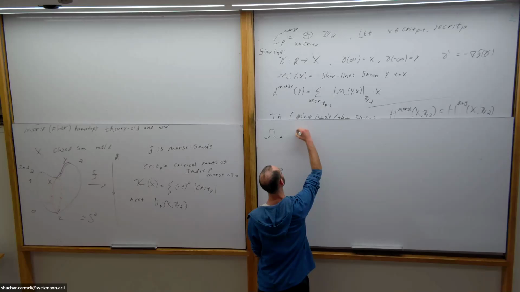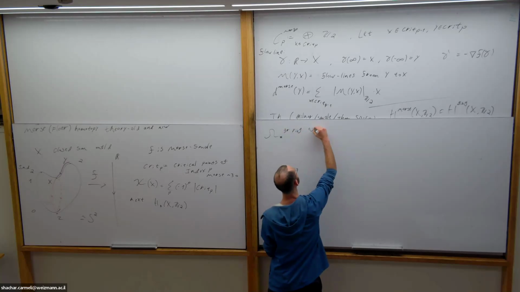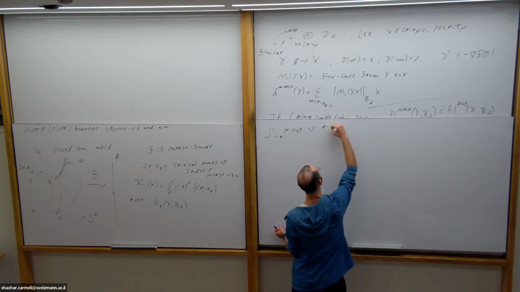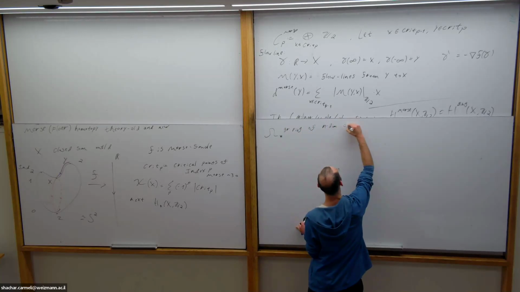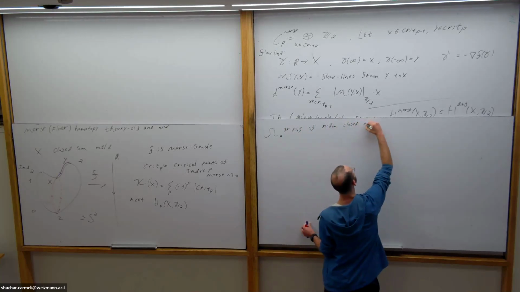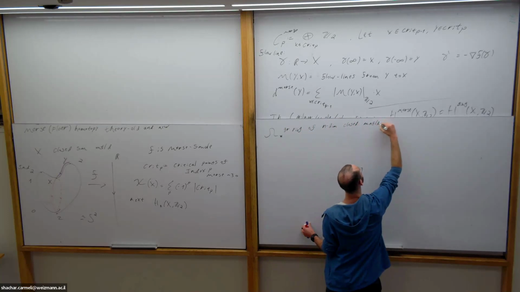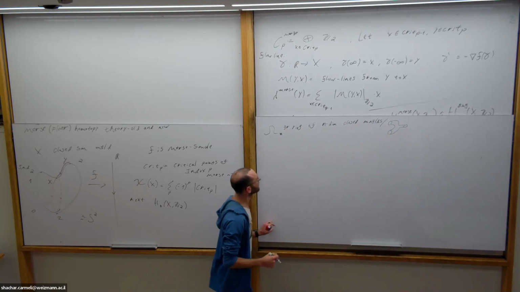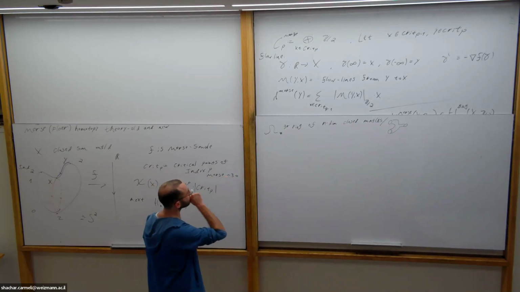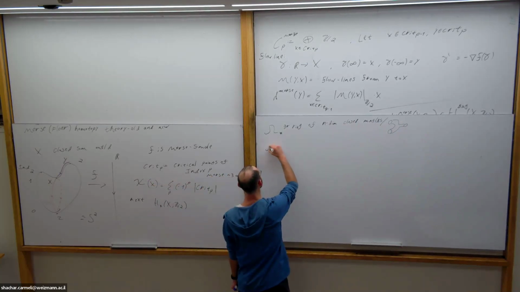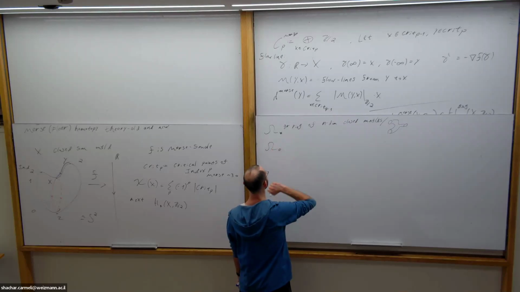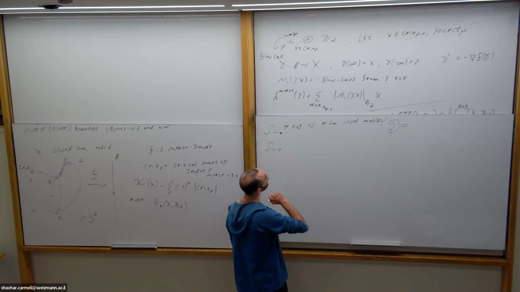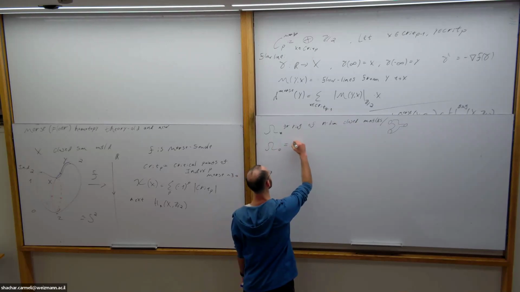This is the graded ring of n-dimensional manifolds up to this relation that we will draw, up to bordism. And as Lior said, we have that the zero-dimensional group is Z mod 2,